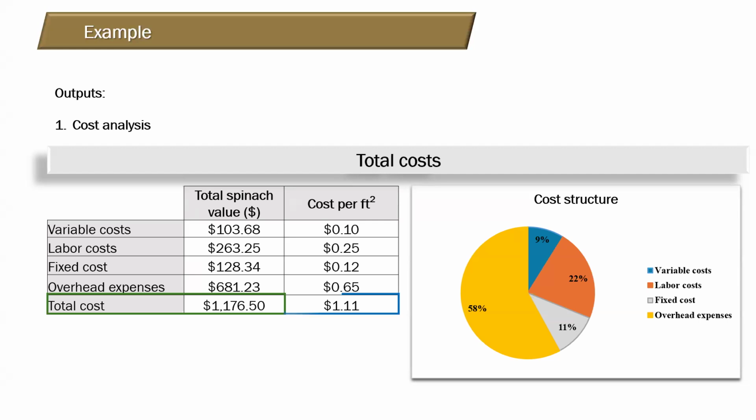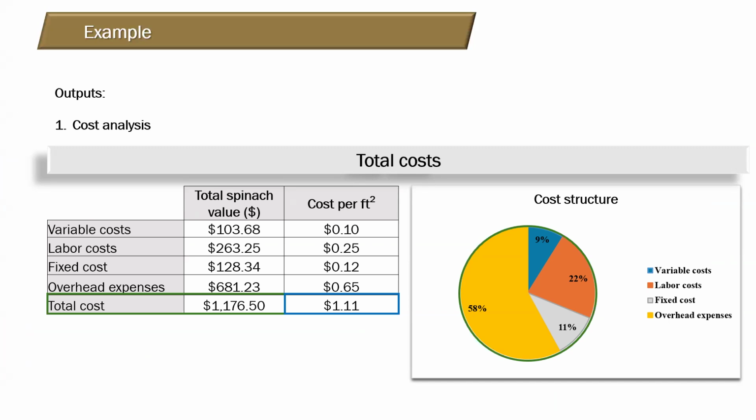It also reveals the total cost and cost per square foot of spinach production, which is great information for the cost analysis. This level of detail supports farmers' financial planning and can reveal economies of scale. For example, whether increasing the planting area would reduce cost per unit. And also bar charts and pie graphs make it easy for the farmer to understand how the costs are